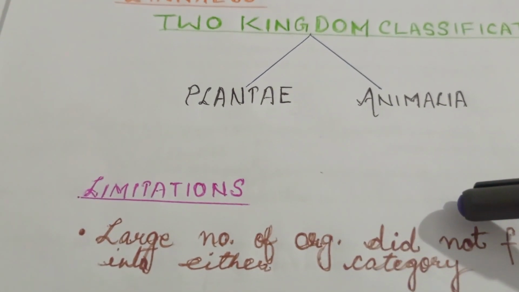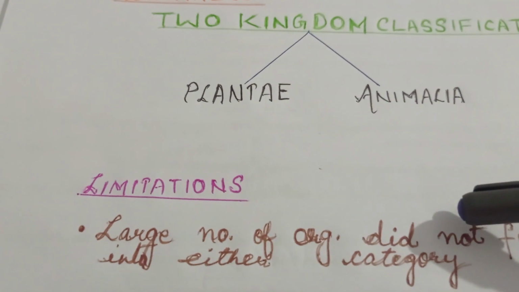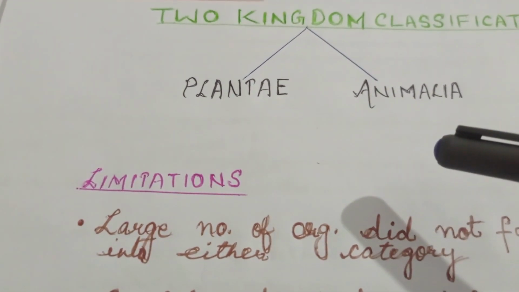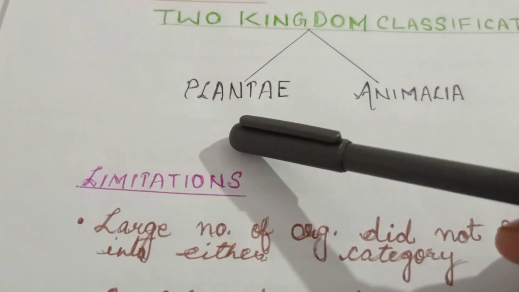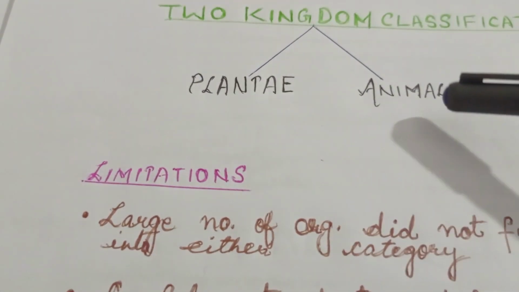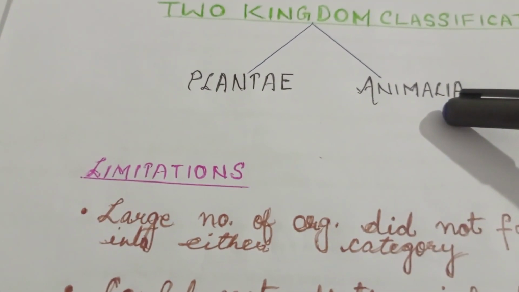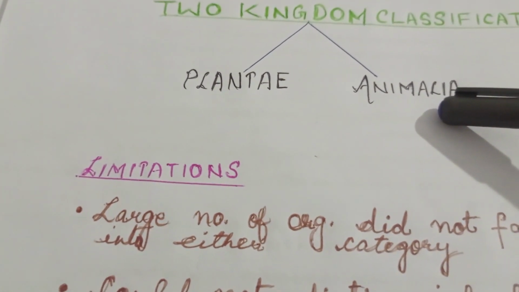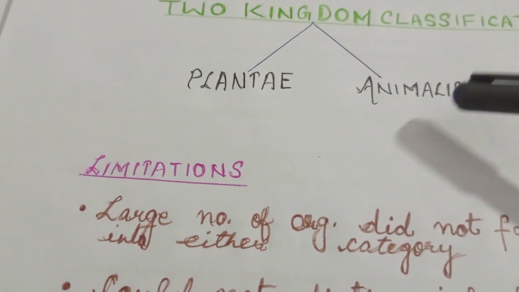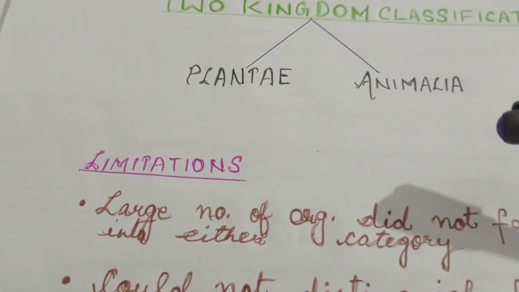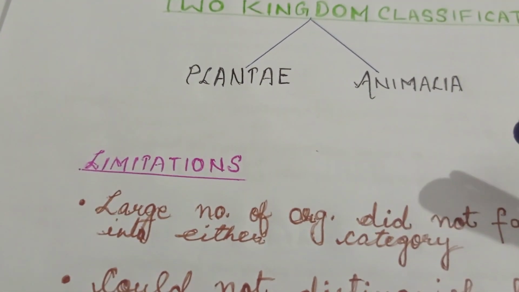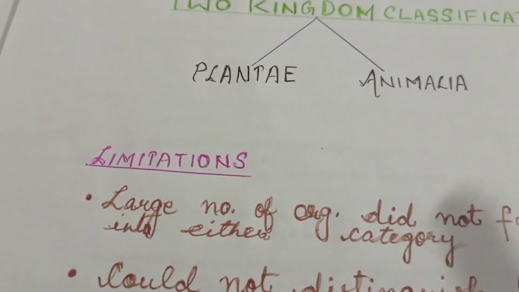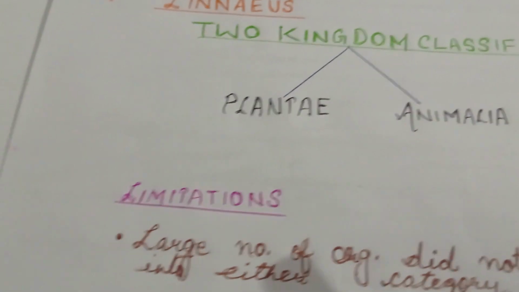There was a vast variety, and many organisms exhibited such different characters that they could not be considered plants, and neither could they be considered animals. For example, if you know something about prokaryotes and eukaryotes, you will study this further. But for right now, this two kingdom classification could not distinguish between